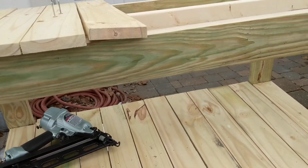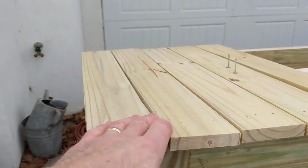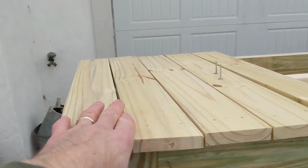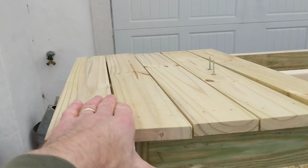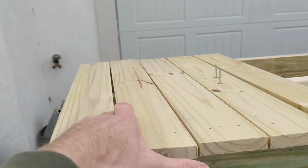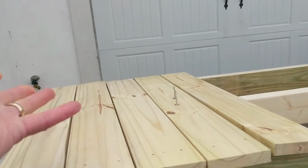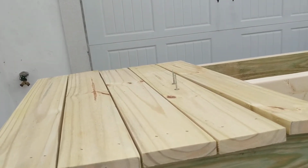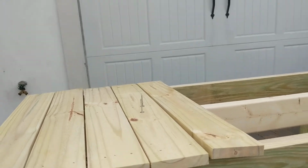Fuel's going to be stored in there, so I want to make sure that any fumes can get out. What I'm going to do on these top joints, just to minimize the amount of moisture getting in if it snows or rains, I've cut battens, like board and batten style construction, and I'm going to put battens over top of the little spaces between the boards. I think it'll look kind of cool to help keep it a little drier inside. Doesn't have to be perfectly dry, but I think it'll just be a nice little design feature,